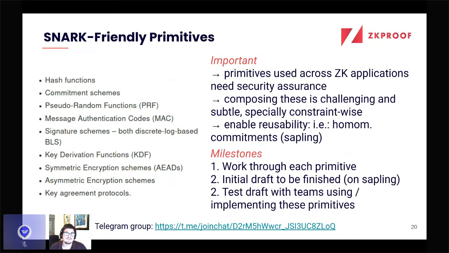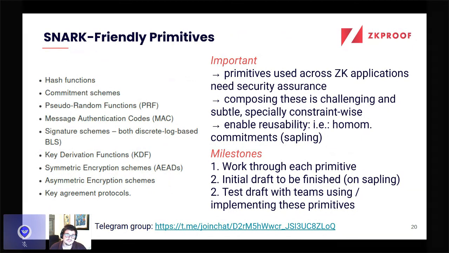And this really will enable reusability, right? Like I gave the example of Sapling before, really building on that. The homomorphic commitments of Sapling have been reused all over, right? And really that is actually the basis of the working group standard draft. Some of the primitives that have been used in Sapling are the basis for this document. And I want to give a special thanks to Dara there, because she's also leading this working group. I should have said thanks to many people. If you're working on this working group, you should identify yourself, and I will say thanks in the name of all.